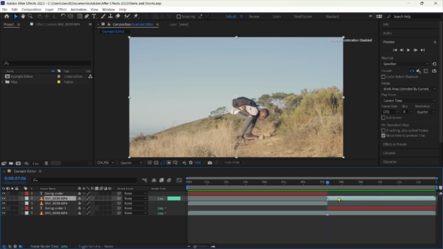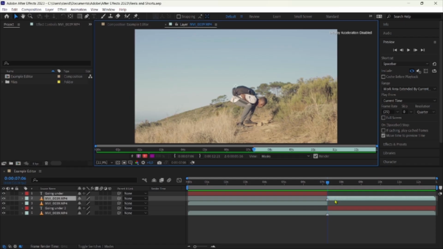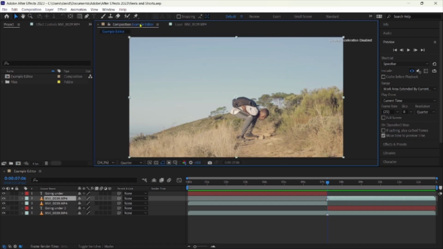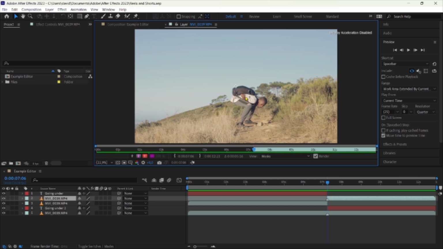So what you want to do is double click on it. Once you double click on it, a different layer will appear on the screen next to the main one that we were on before you double clicked anything. So this is the one that we're going to be working on.